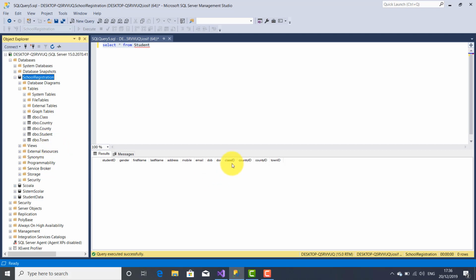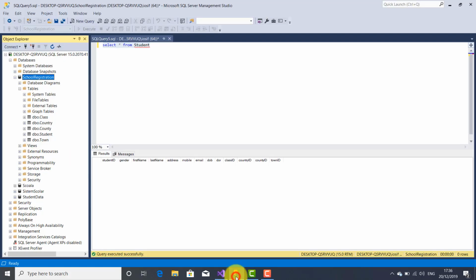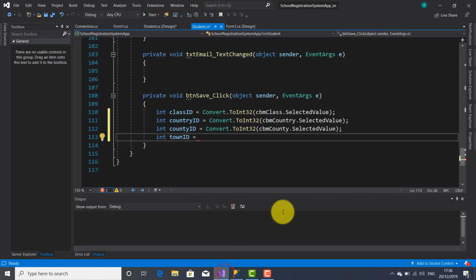All of these class ID, country ID, county ID, and town ID are foreign keys, and all these variables will hold the index from the combo box, which matches the foreign key of this table student. So let's paste again this statement, and here I'm going to use the town